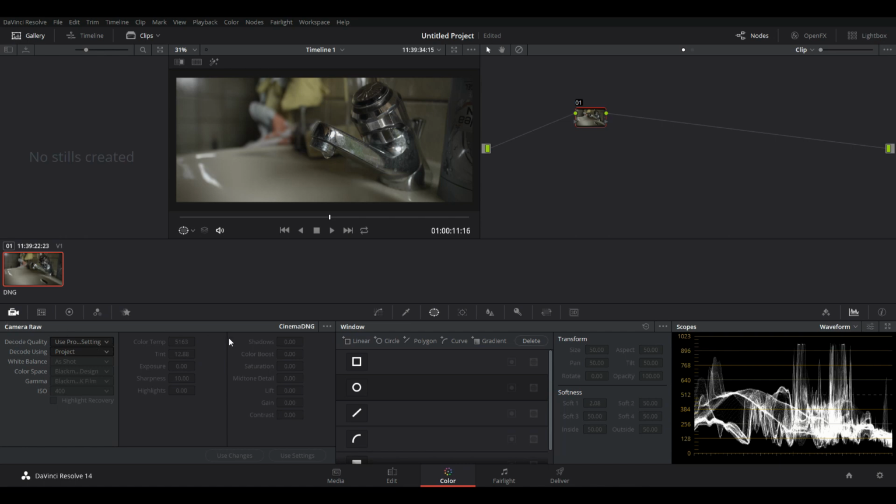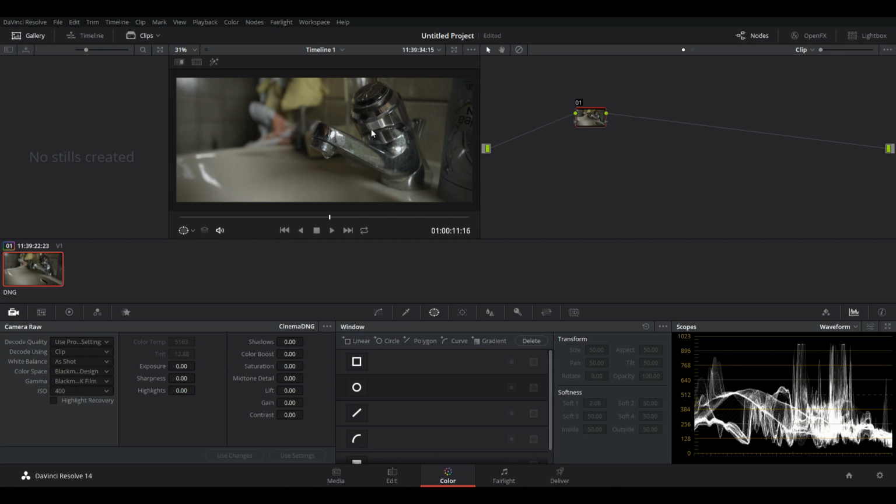So we're gonna go over to the camera raw tab and we can see Cinema DNG. I'm gonna click on clip so we can adjust our settings right here. What I always do is reduce the sharpness to 0, since I don't want to have any sharpness in the image from the beginning. And we can see right here the issue with this footage. The issue for having this contrasty image is the Blackmagic Design 4K film gamma, the gamma curve, which is